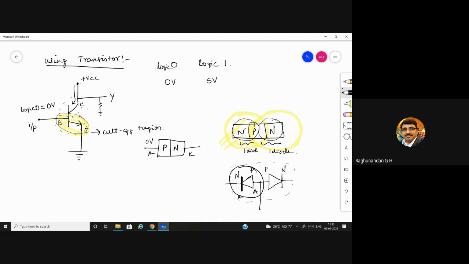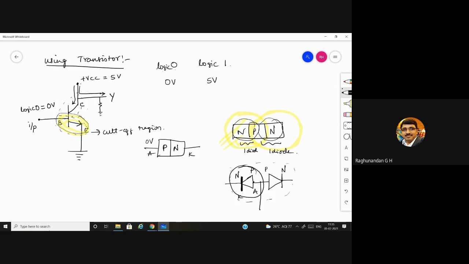When transistor is in off state, can the current from plus VCC pass through the transistor? No, sir. Any device which is off, you cannot expect the current to pass through it. So the only available path is this one across at the output. And this VCC is also equal to 5 volt.